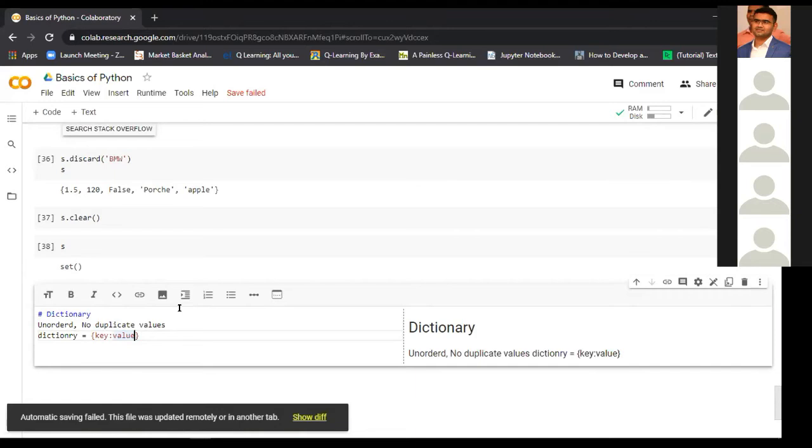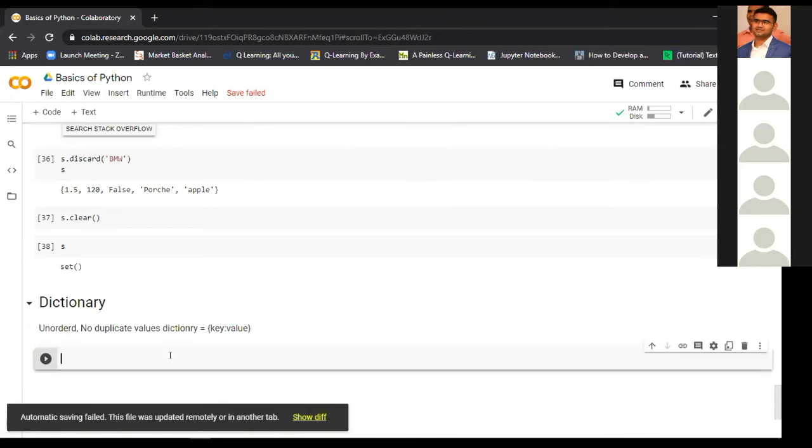Some pages have the starting letters in the corner, so you can see the starting letters of that particular page. Like this, if you want to access a particular word in the dictionary, first you go to that particular page and then access it. So for accessing the value or the element in the dictionary, we have to use the key of that.